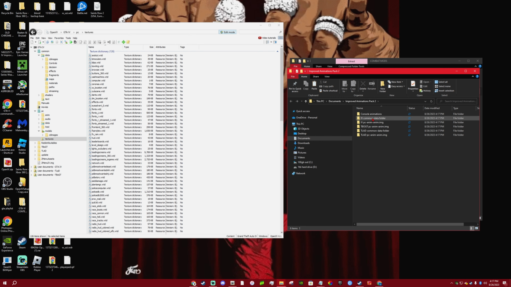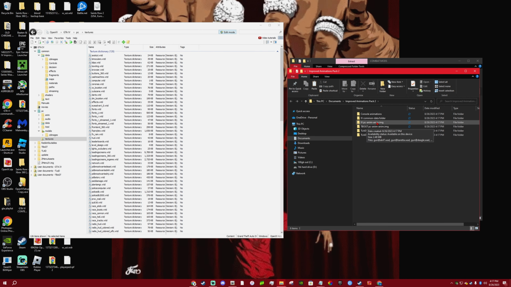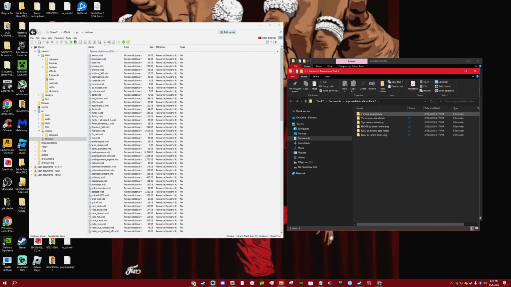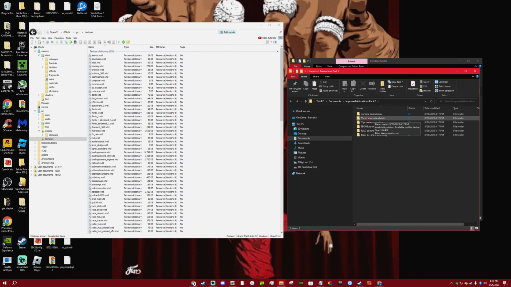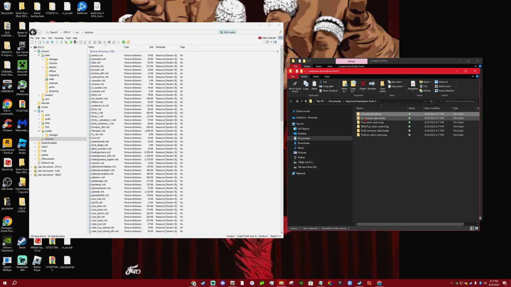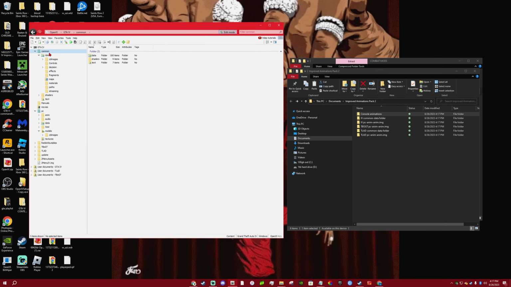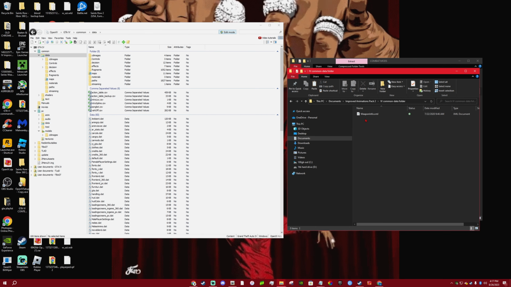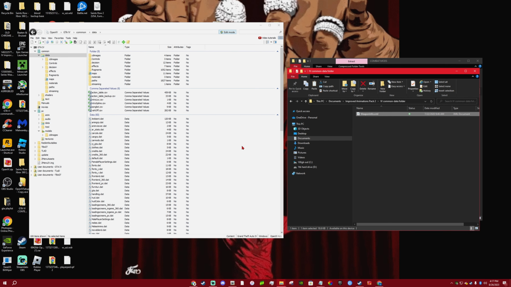So console animations, GTA 4 common data folder, PC animation folder. If you're using the episodes of Liberty City, so the Ballad of Gay Tony and Lost and Damned, then you would install these right here. I'm just doing the regular GTA 4 base game, so this is what I'm going to install. So actually the path is right here, common data folder. So you just want to do common data, and then you want to put this in there.